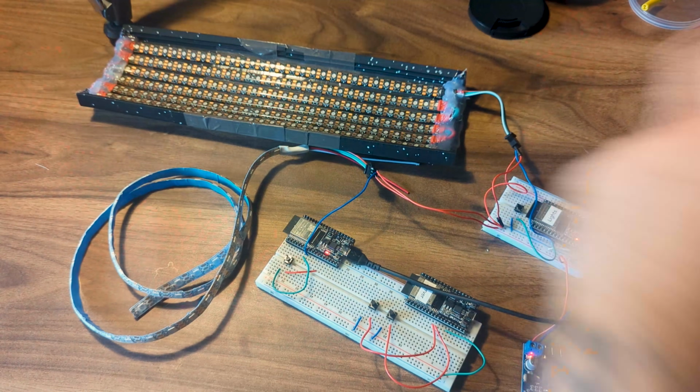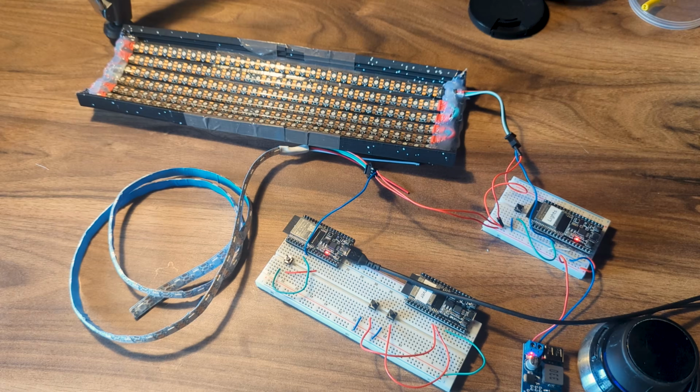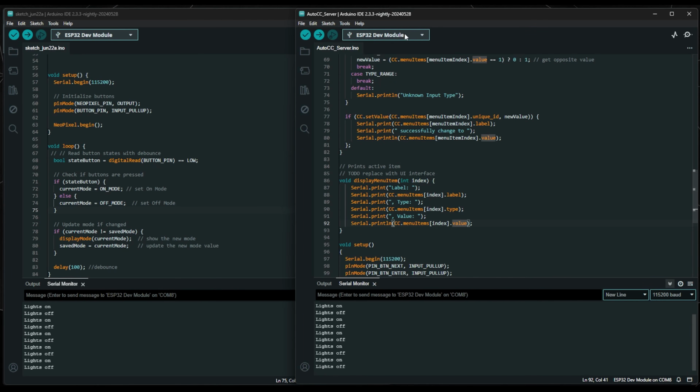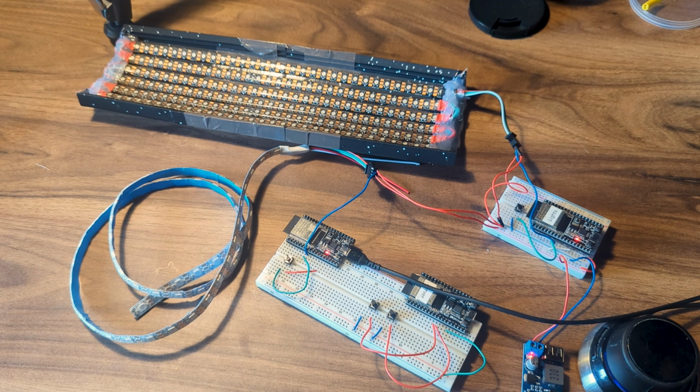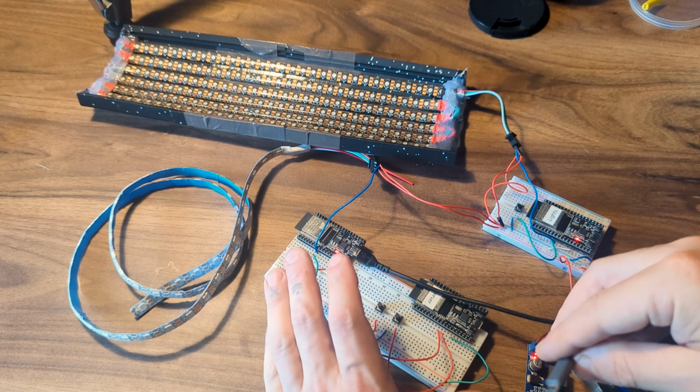So what we're going to do is integrate this into my system, and then you can see how the server can override your ability to do that. So basically turn this button on and off from a server dynamically. A good way to demonstrate that is if we look at the server currently, it's running the wrong port, but if we plug the server in, because it's currently not in,